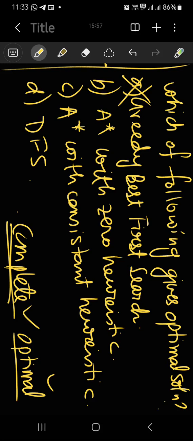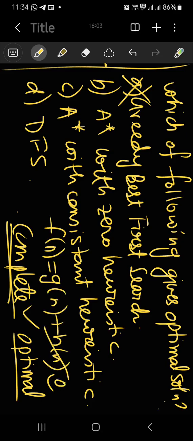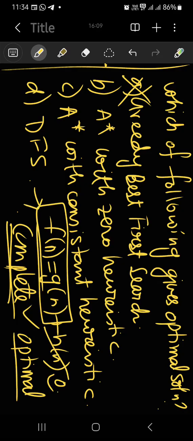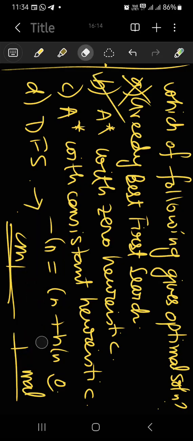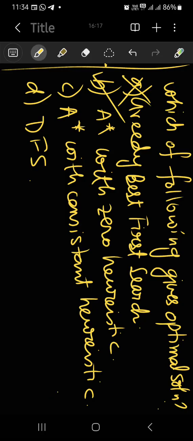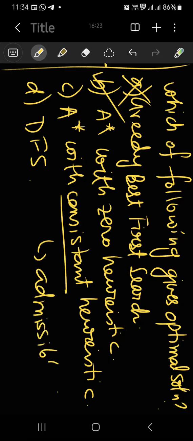A star with zero heuristic, obviously যদি f(n) equal to g(n) plus h(n) হয়, আর যদি জিরো হিউরিস্টিক মানে পুরোটা জিরো, তাহলে f(n) equal to g(n) and this is ডিজকস্ট্রা অ্যালগোরিদম। ডিজকস্ট্রা 100% অপটিমাল সলিউশন দেবে, সো এটা তো দেবেই, কোনো অসুবিধা নেই। আচ্ছা, A star with consistent heuristic, তার মানে ও অ্যাডমিসেবল তো বটেই। যদি কনসিস্টেন্ট হয় তাহলে অ্যাডমিসেবল তো হবেই। তো সেই কারণে অপটিমাল সলিউশন তো দেবেই, মানে ট্রি সার্চেও দেবে, গ্রাফ সার্চেও দেবে। সো দিস ইজ ট্রু। ডিএফএস ইজ নট কমপ্লিট, তো অপটিমাল তো কোনো দিনই হবে না।